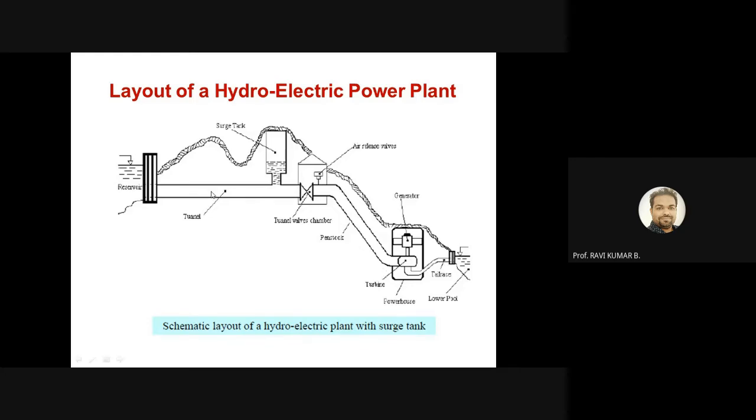The surge tank's purpose is basically to avoid any kind of back pressure or back flow in the pipe. So this is the surge tank. Some water will be accumulated here. If it is required, let's suppose your mass flow rate of water is getting reduced, it will supply the water. If it is more, it will take the water in. That is the main purpose of the surge tank. This will be utilized for the larger hydroelectric power plants. And then finally, this is the same setup that you are utilizing, finally with the tail race.